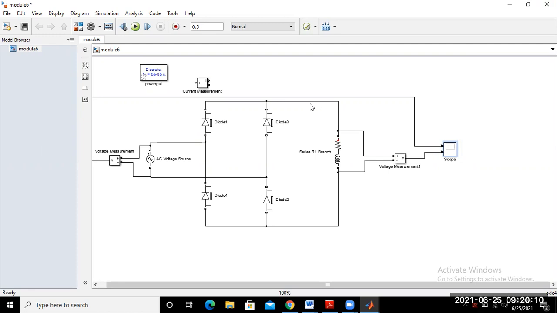For that, you connect the ammeter in series with the load, and the output of this ammeter is connected to the scope.